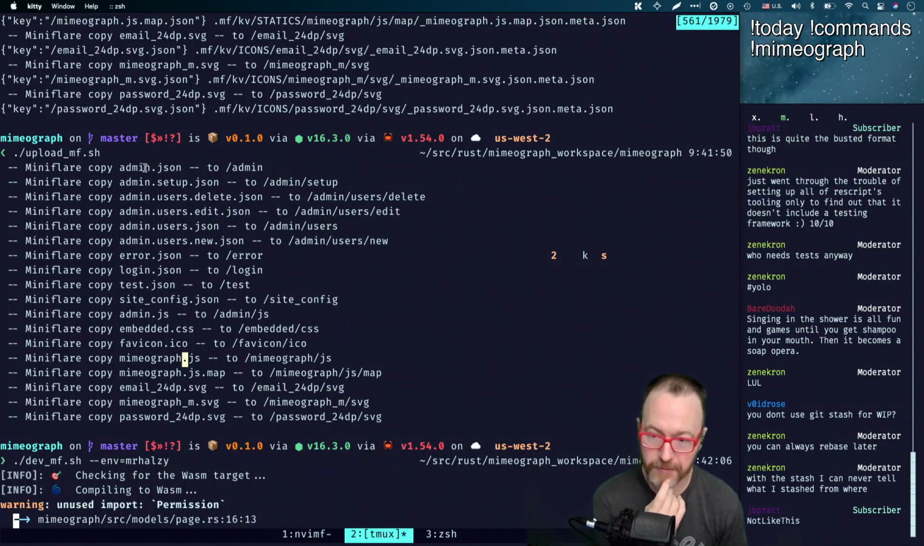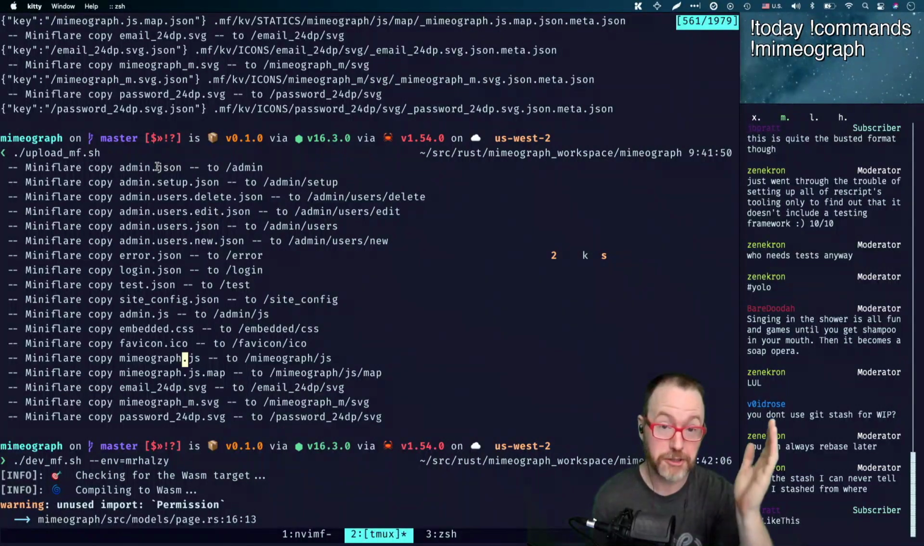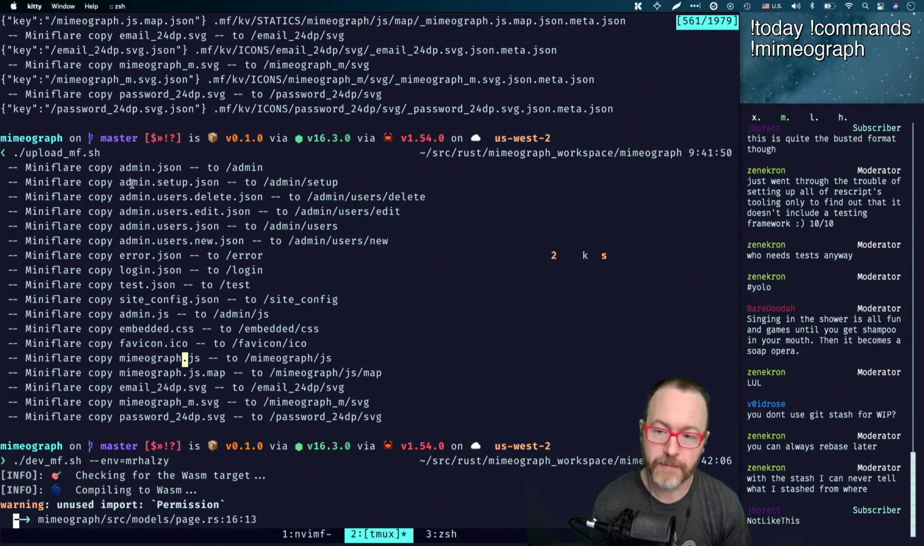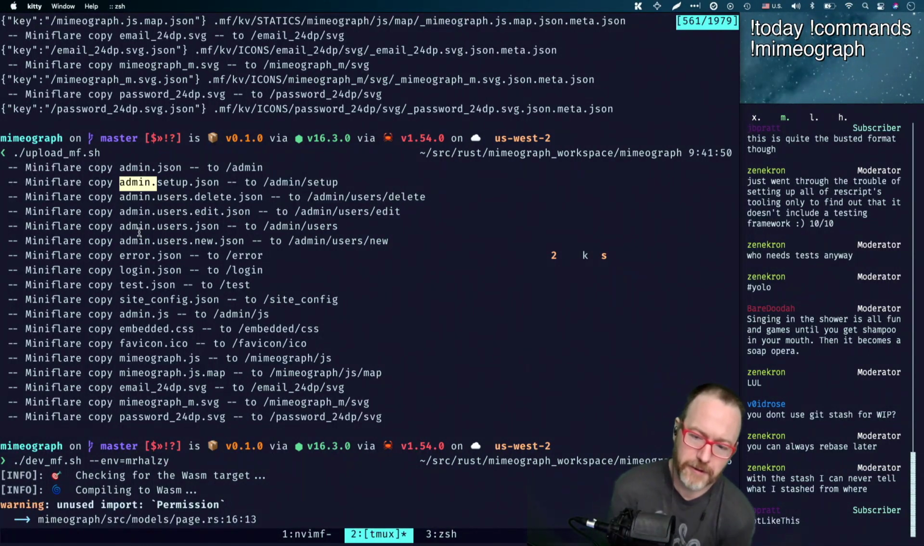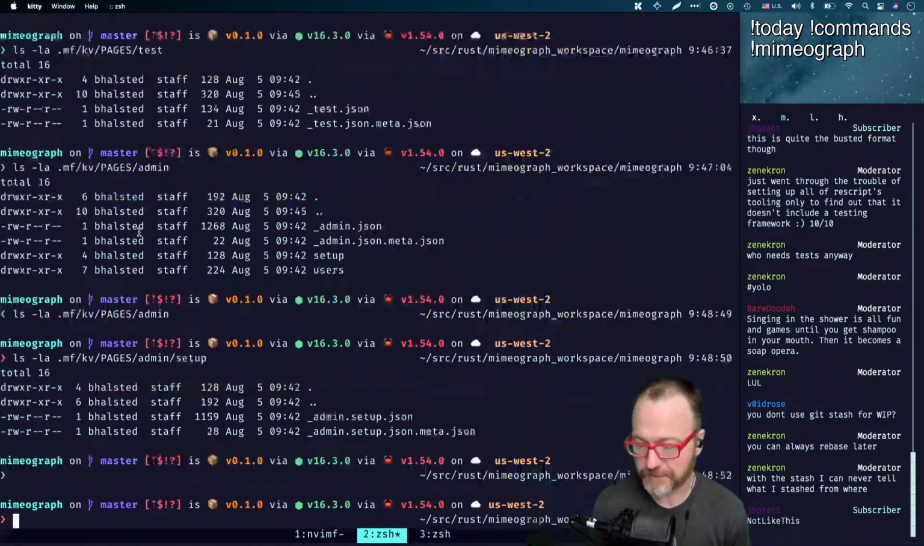Okay. So to explain it a little bit, admin.json should exist at the top level, right? It should be /admin, right? Admin setup, sure, should be /admin/setup. That's where I want it. Right, but the file name is admin.setup.json. So really we should be stripping off this section here, putting it in there. All right. So if we were to fix that,